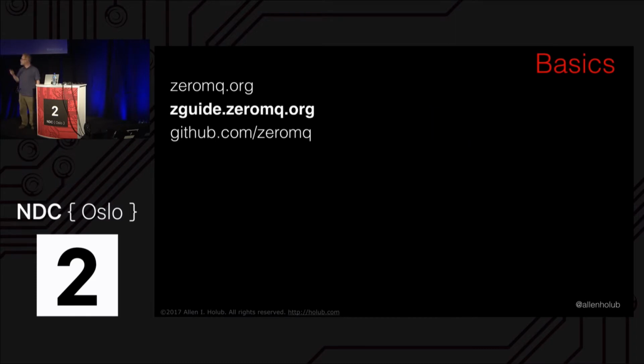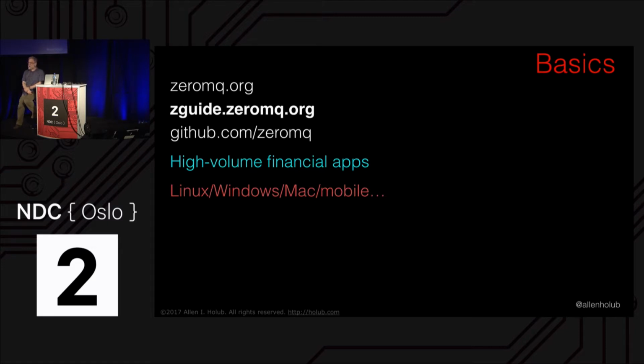I'll skip past this slide quickly because you have access to the slides if you want them. But you can get information at this URL. It was written originally for financial applications, so it's very reliable and also very fast, right? It's good for real time. It runs on pretty much every platform. It runs fine on .NET, it runs fine on Linux, it runs fine on the Mac. It actually runs on several of the IoT platforms as well, some of the IoT operating systems as well.